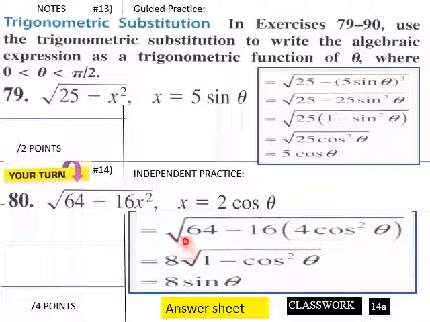And then once we take the square root of all of these here, we end up with an outside radical 8 times 1 minus cosine squared theta, which when we take the square root of this, just becomes sine theta. So we end up with 8 sine theta